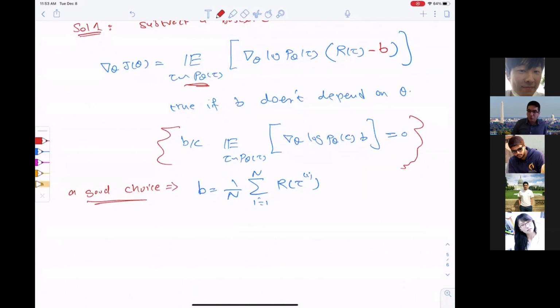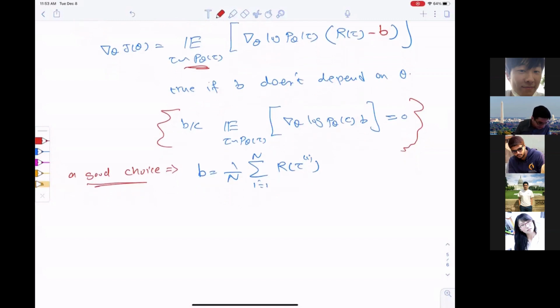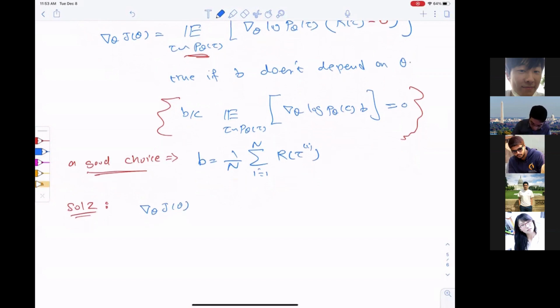Okay, so as I mentioned, there are two main solutions to reduce the variance of the gradient estimation in practice. The one was just to subtract the baseline. The second solution, which is in fact a complementary solution, is based on the following argument. Let's look again at the gradient of my objective function, and I'm approximating that using n trajectories that I generate. I have log probabilities times the rewards.